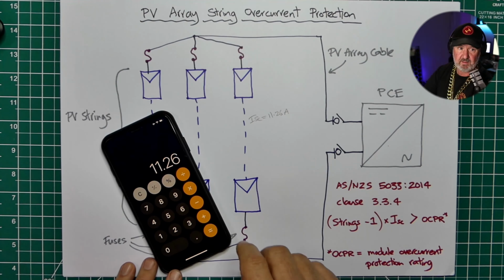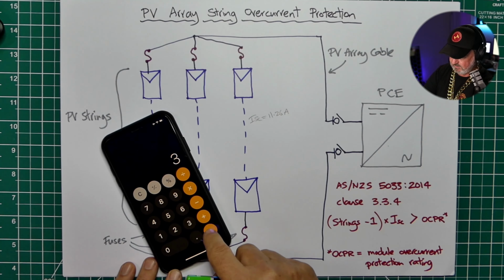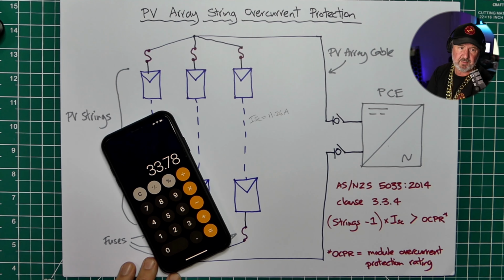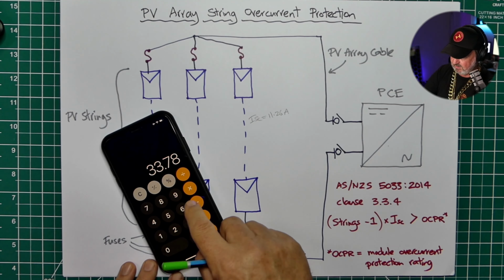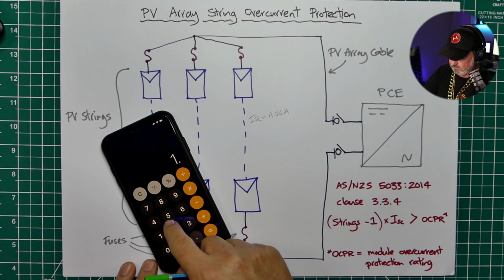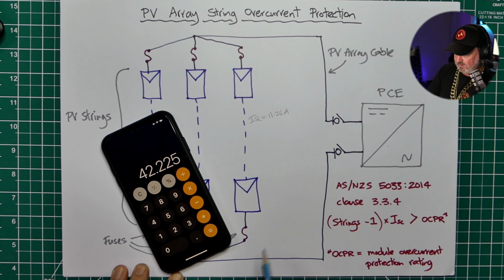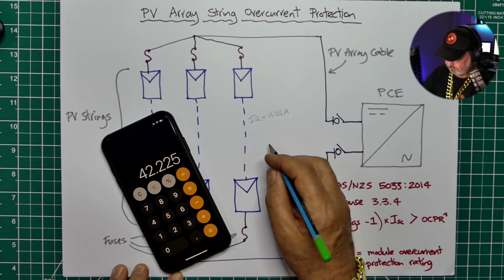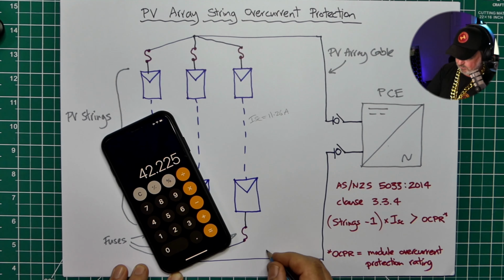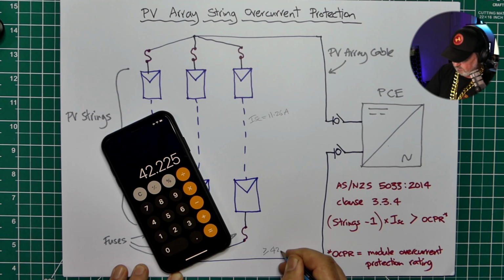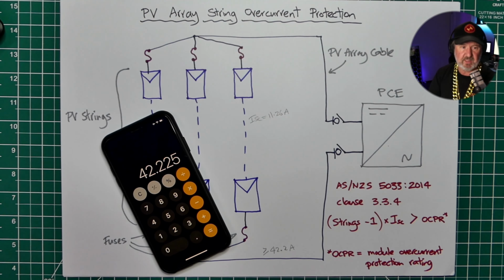$11.26 times 3 strings, and then we've got to put the 25% safety margin in there, so times 1.25, which brings us up to: the cable must be rated for greater than or equal to 42.3, let's call it 42.2 amps. There we go. So as long as the cable can carry 42.2 amps, and incidentally that means we're not doing